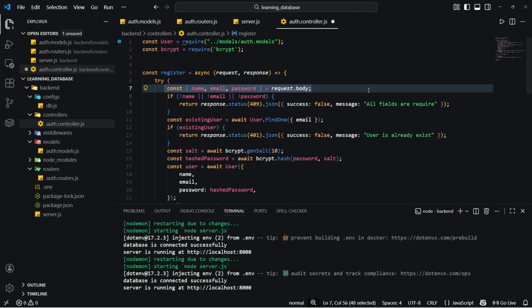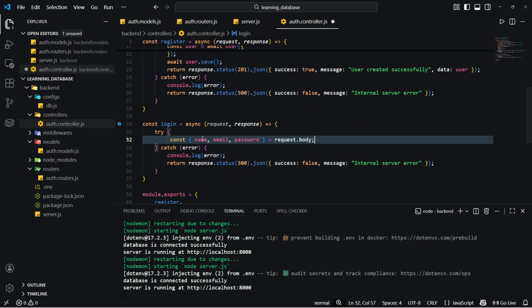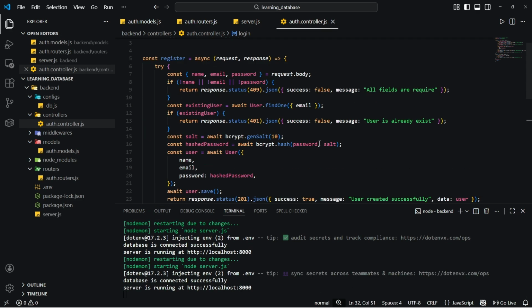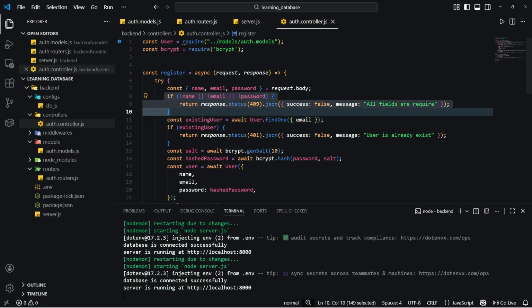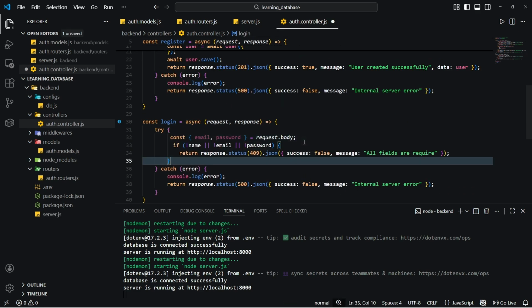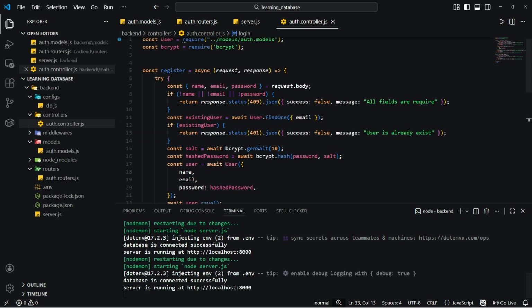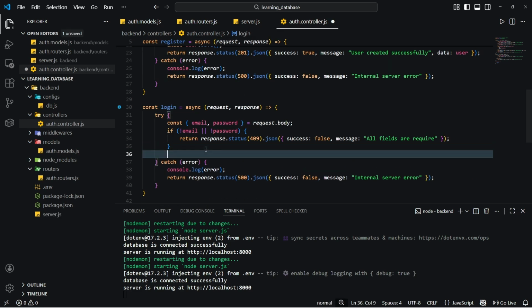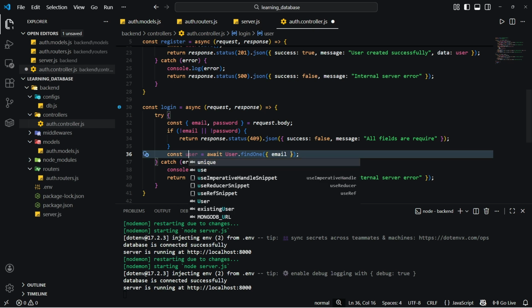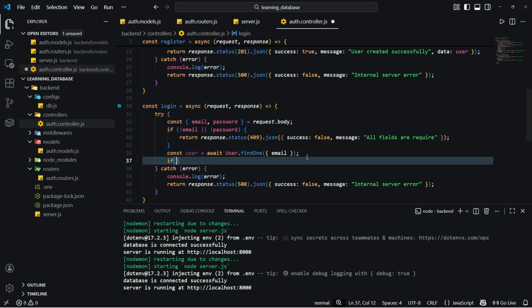In the try catch, in the login we should ask only for email and password. Just copy this and pass it here. In the login we don't ask for the name, and we will check the email and password here. If the email is not there or the password is not there, all fields are required. That's good. Then const existing user. We'll check whether the user exists or not. If it is not equal to user,